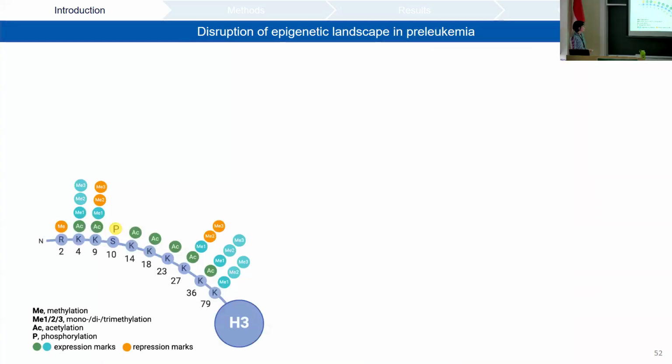And I want to go back to this schematic here of the modification on the H3 tail domain. So there's a mutation that's called the H3K27M mutation that replaces the lysine with a methionine